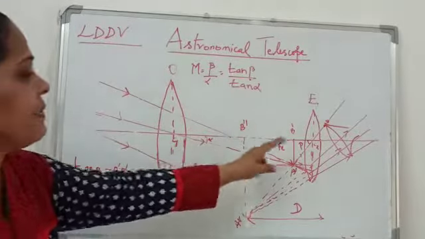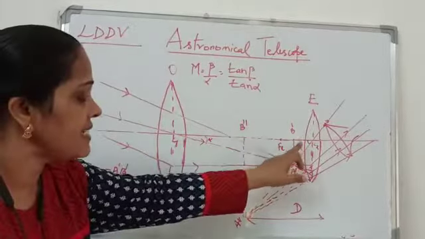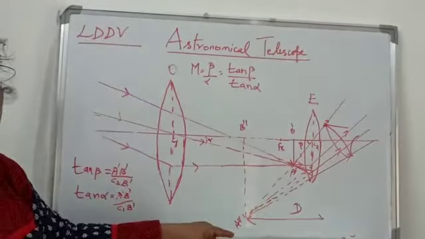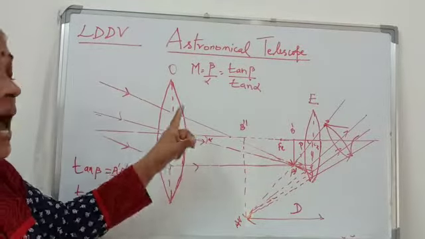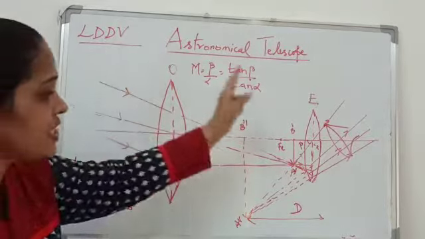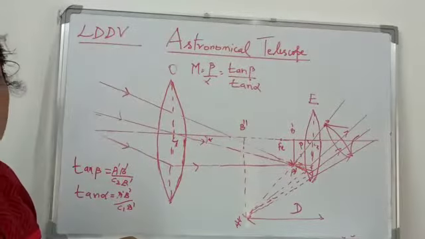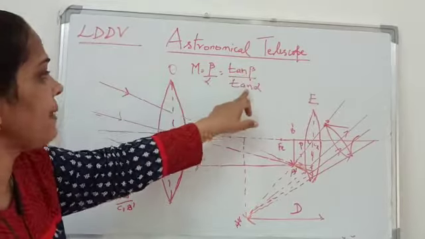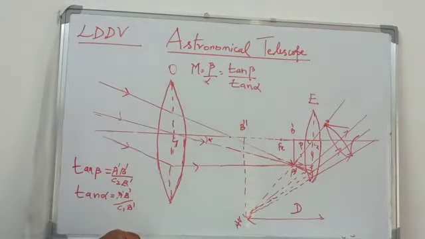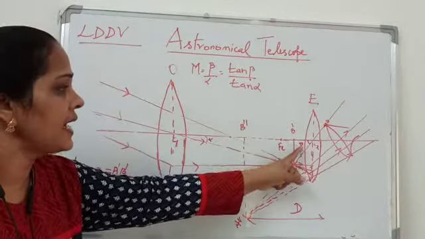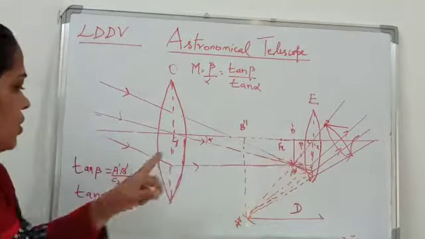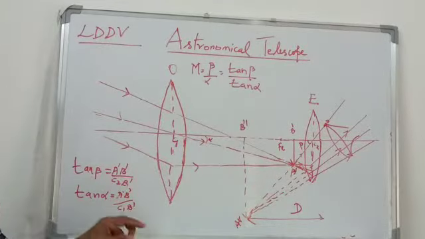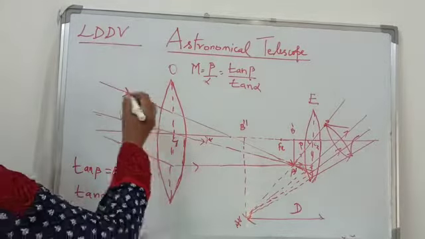Now can you define what is beta and alpha over here? Beta is the angle subtended by the final image at the eye when it is at least distance of distinct vision. What is alpha? Alpha is the angle subtended by the object at the eye when it is at infinity. So the ratio of these two is beta by alpha. Now tan beta by tan alpha, since beta and alpha are small. From this figure find out what is tan beta. Tan beta is A', B' by C2, B'. What is tan alpha? A', B' by C1, B'. Now substitute for this, we get M equal to